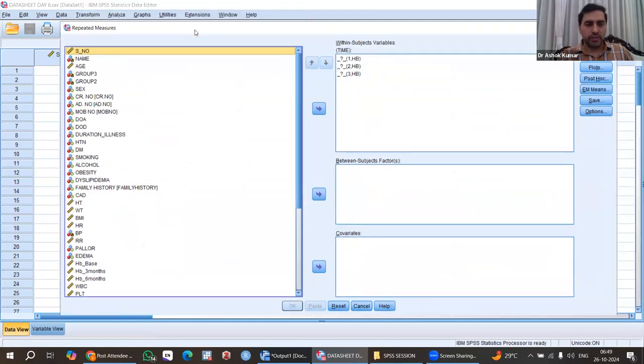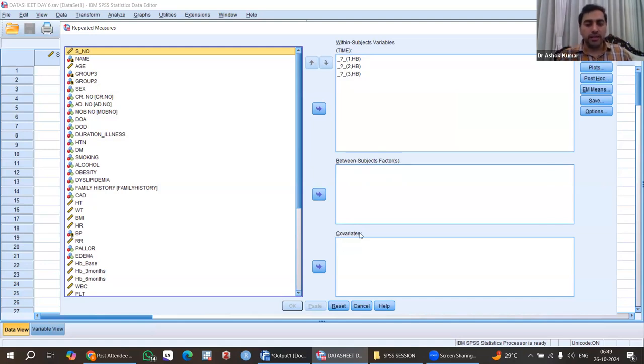Here you can see the within-subject variable time and the between-subject factor. If you have 2 groups, you bring that grouping variable here. If there are covariates, meaning other significant confounding variables you want to adjust,